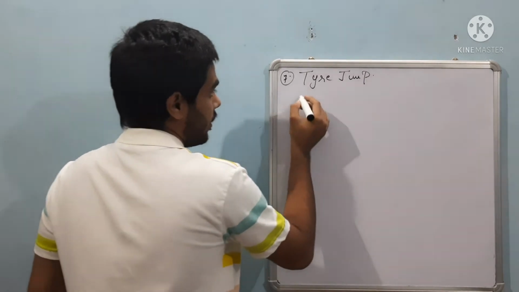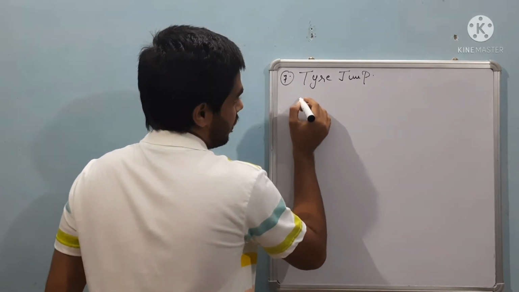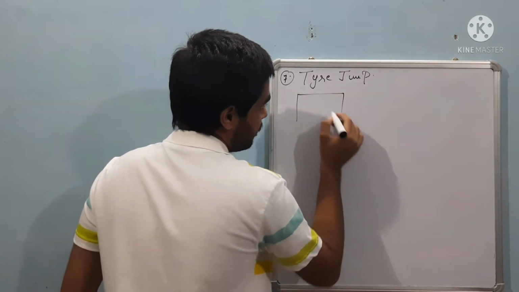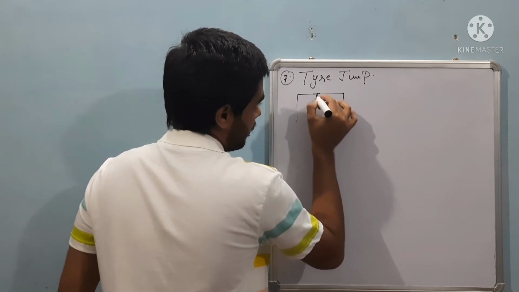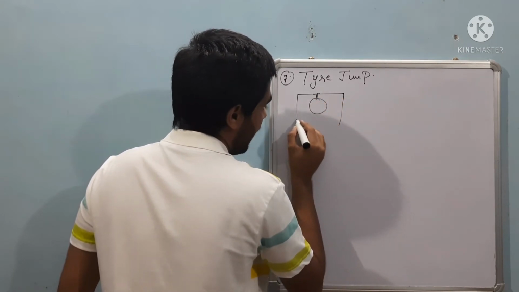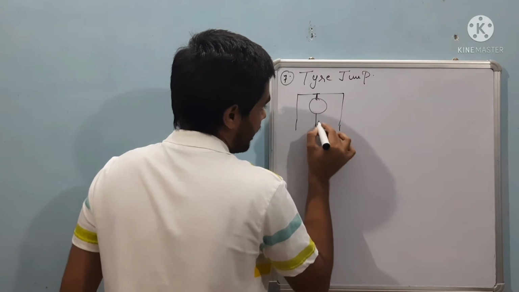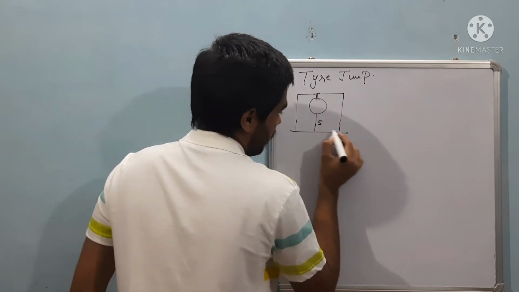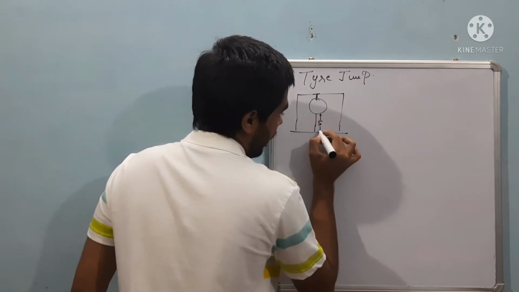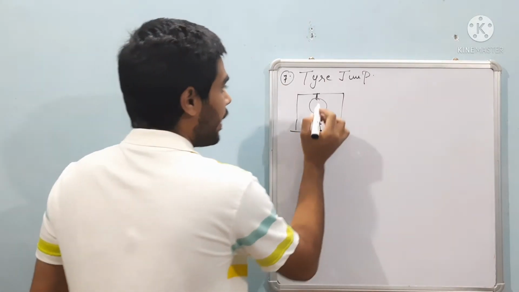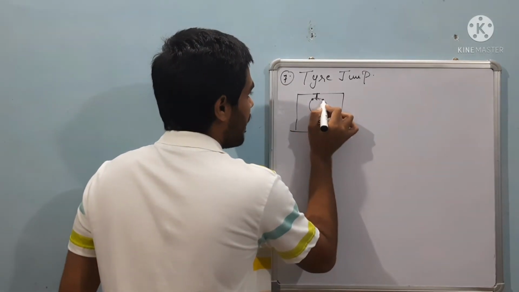In this there will be a tire. Of course, if there is a tire jump, there will be a tire. So this is a tire, and the height from the ground is 5 feet. You have to come running, hold this with your two hands, and push your body up.